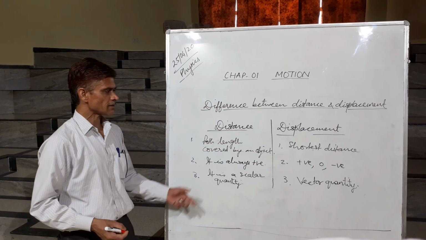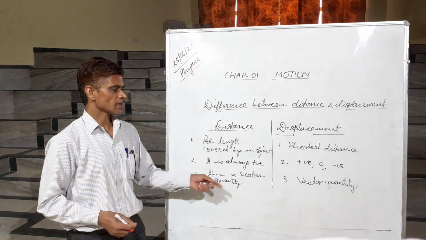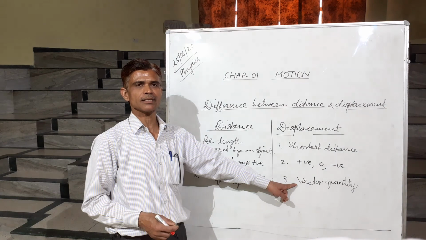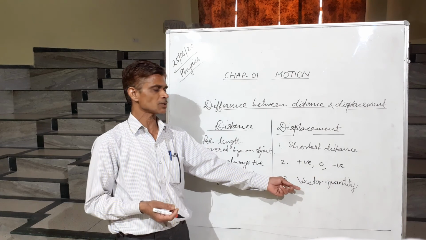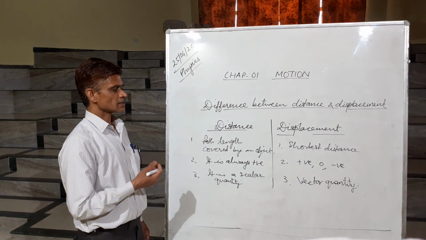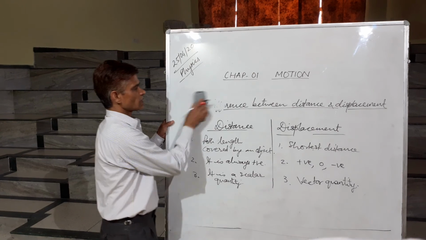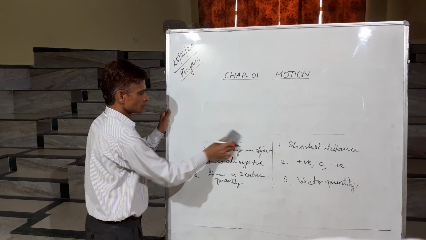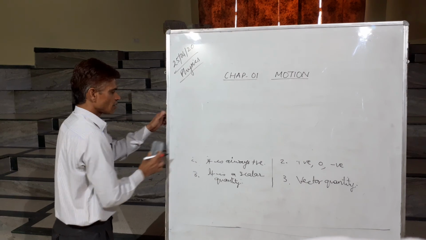Why is this scalar? We have seen that when we calculate the distance, we do not require any direction, whereas when we calculate the displacement, we have a particular direction in which the displacement is taking place. So for displacement, the direction along with the magnitude is required. Now let us discuss in detail the difference between scalar and vector quantities. What are scalar and vector quantities? And why do you require the direction with vector quantities and not with scalar quantities?